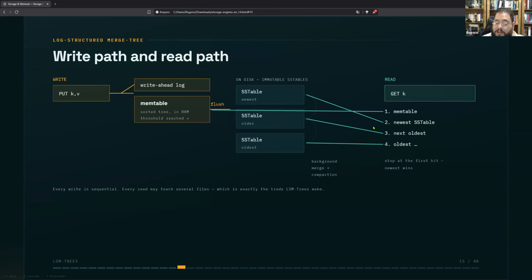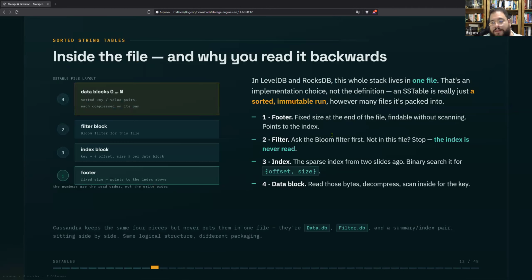And to prevent doing all this work when the key actually doesn't exist, you can put a filter in your blocks. First you ask the Bloom filter, and if it's not in the file, stop. The index is never read.